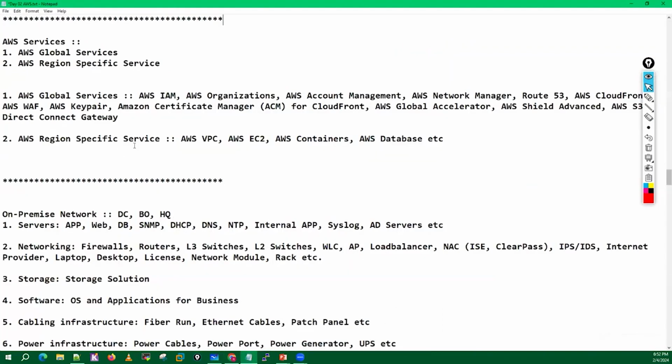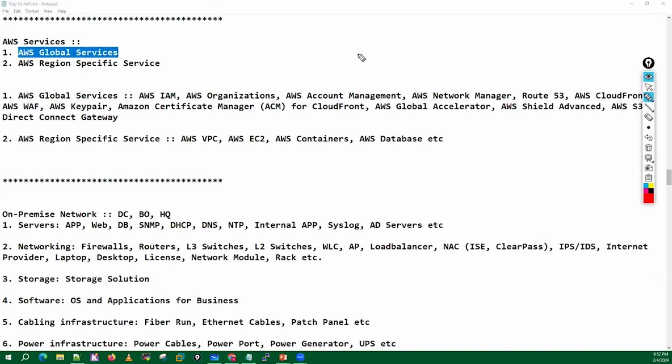One is known as global services, and the second type is region-specific services. A global service means this particular service is available globally. Whatever you do inside this service, which has a global presence, will apply to all these 33 regions. There is one service called IAM,